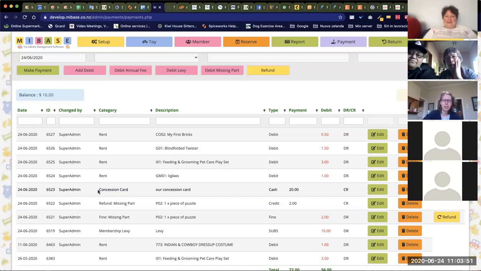Hi, Daniela. Can I see if I have got this correct? We don't actually use fees per toy, but my understanding of what you've just explained is that each toy would be set up and they would have a higher amount attached to them. Is that correct? A toy can have its own amount, but